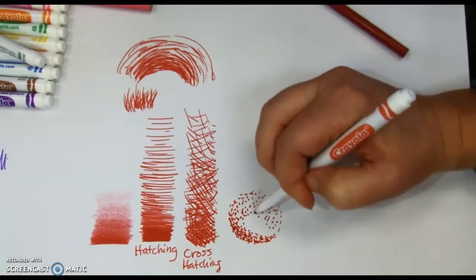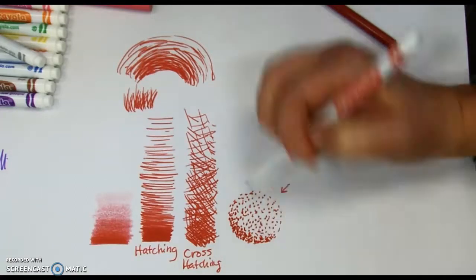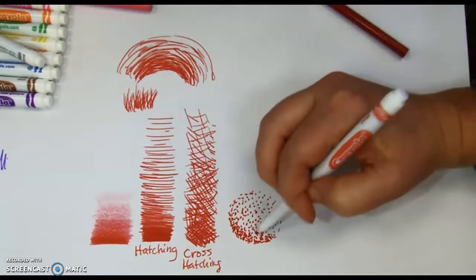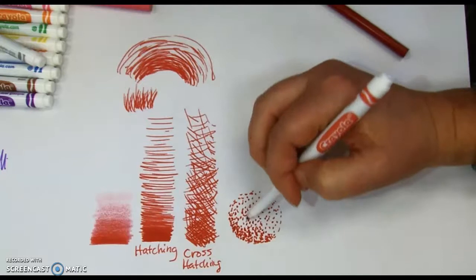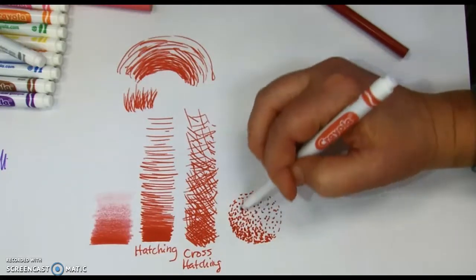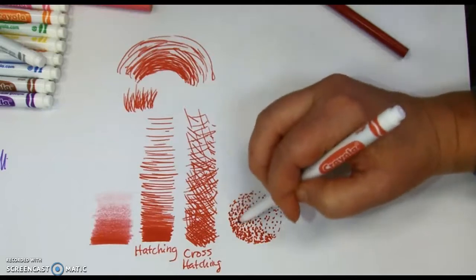So if I want to fill in this medium, you can always go back and add more, but you can't take it out because it's markers. So you've got to do little bits at a time and kind of look at what you're achieving. Take a breath and, okay, is that as dark as I want it? Do I need it to go darker? So you can create the illusion of form